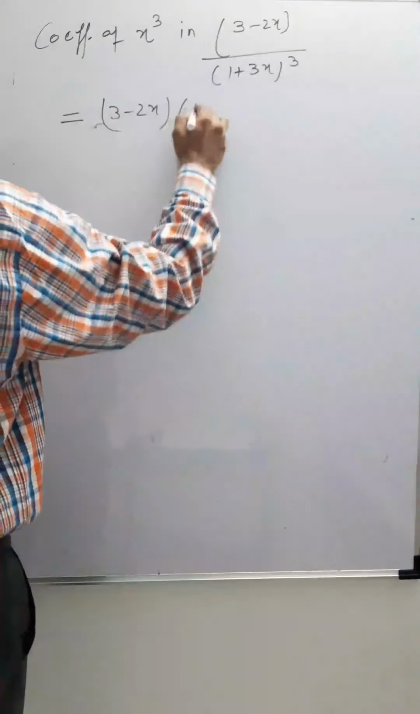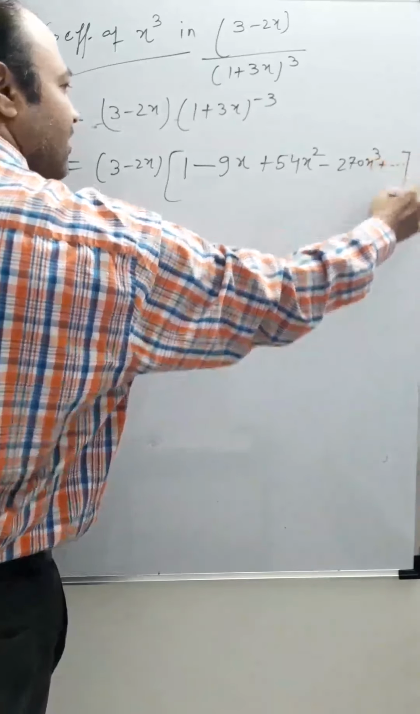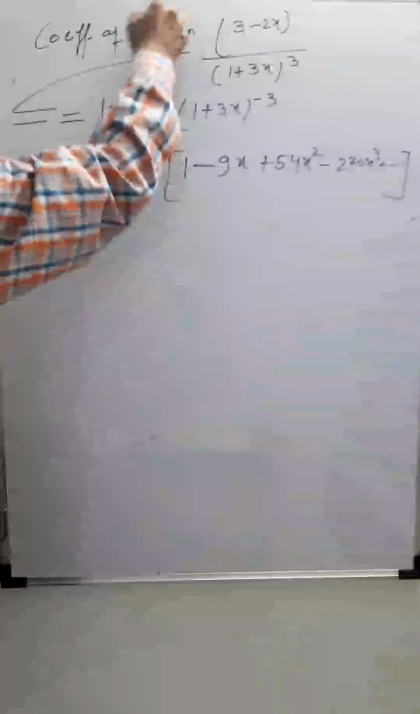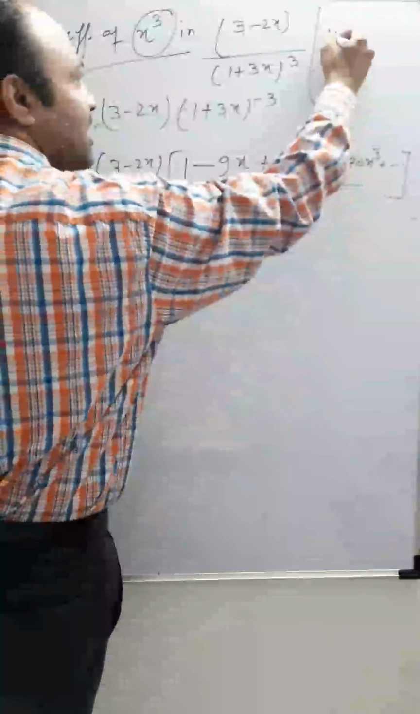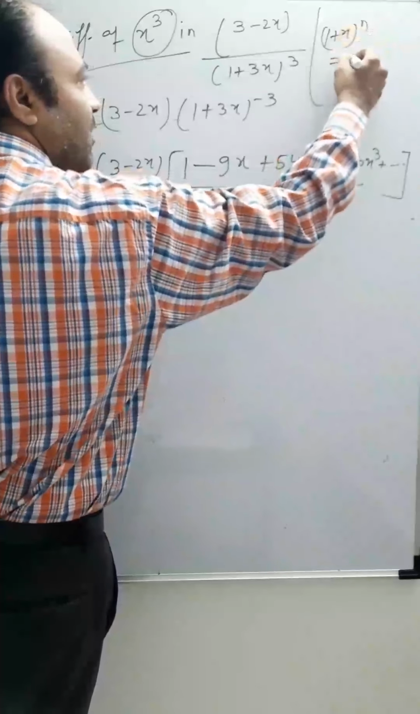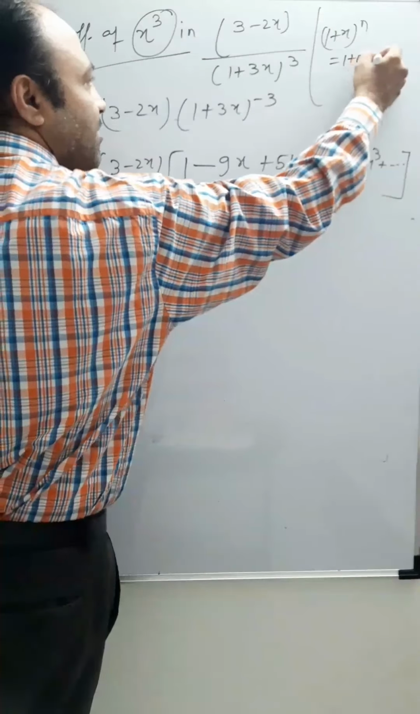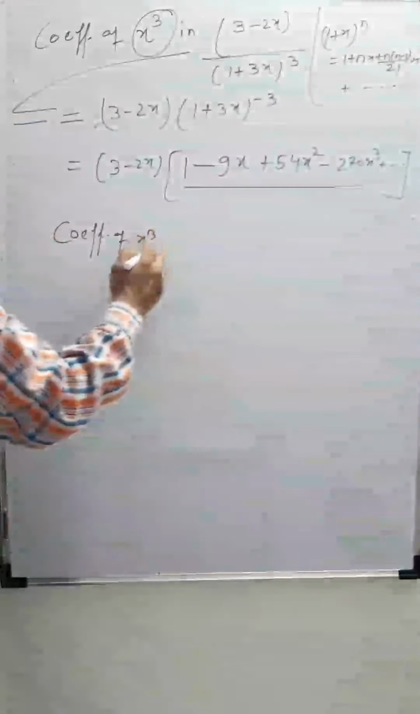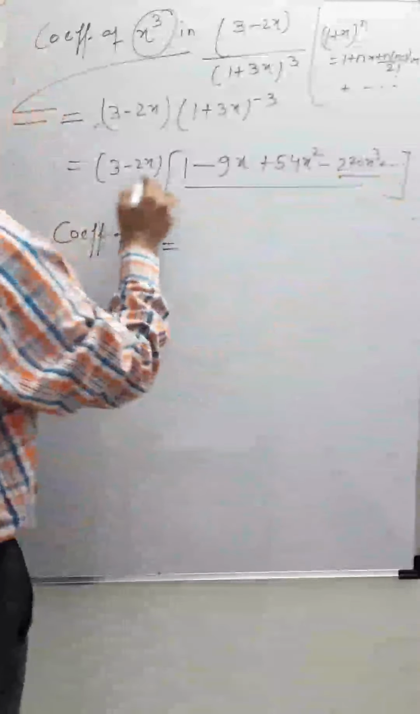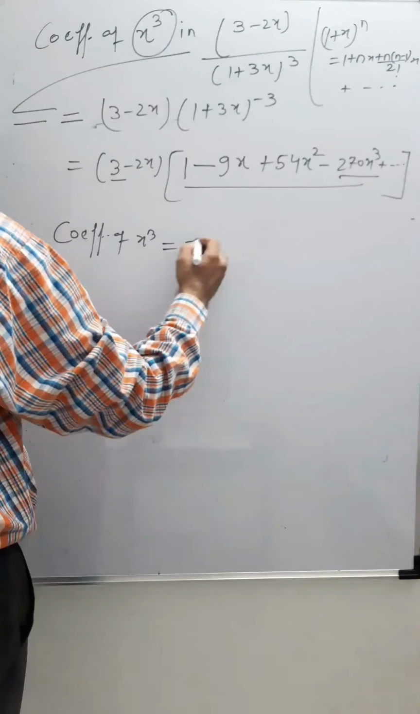Plus if you go, you will have 54x square. If you expand 1 plus 3x to the power minus 3 with that formula, and this is 270x cube and so on. It will go till infinity. Now we have to find the coefficient of x cube. See, this expansion you can do with that result, 1 plus x whole to the power n, 1 plus nx plus n into n minus 1 by factorial 2 x square and so on. So up to x cube you can expand this with the help of this result. Now the coefficient of x cube, this into 3, so this is going to be minus 810,